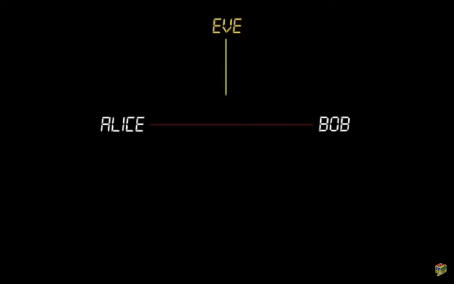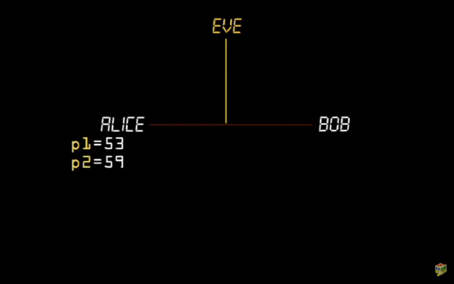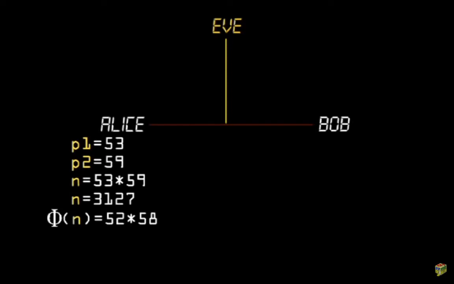Let's do a simple example to see all of this in action. Say Bob has a message he converted into a number using a padding scheme. Let's call this m. Then Alice generates her public and private key as follows. First, she generates two random prime numbers of similar size and multiplies them to get n, 3,127. Then she calculates phi of n easily since she knows the factorization of n, which turns out to be